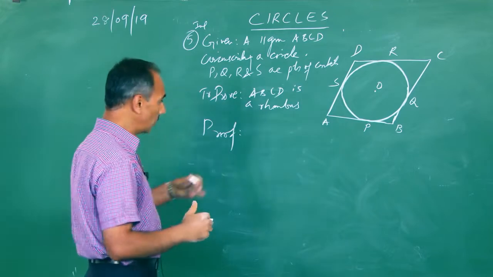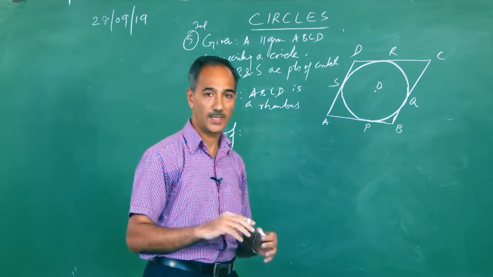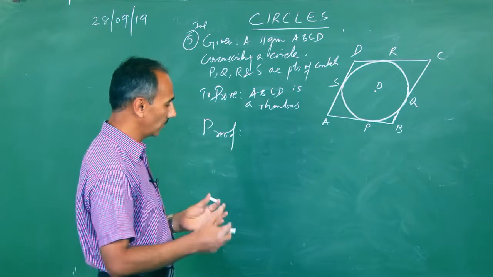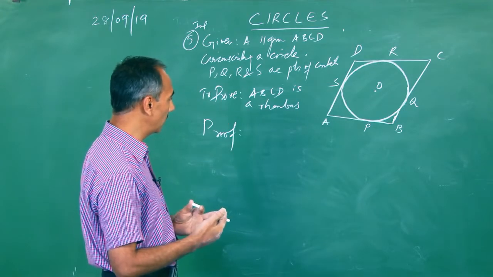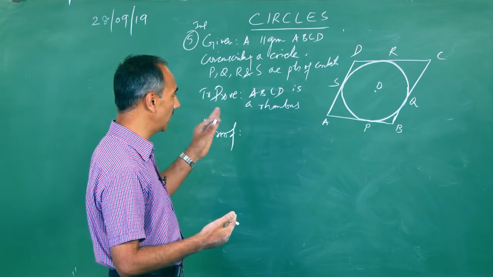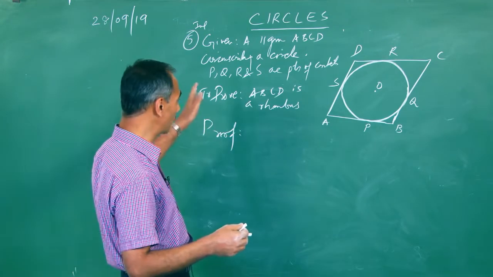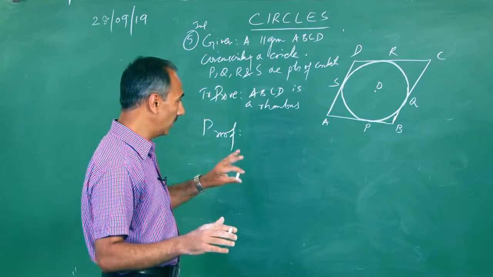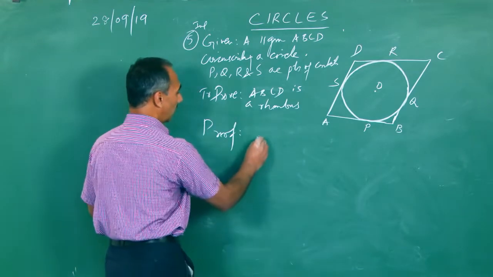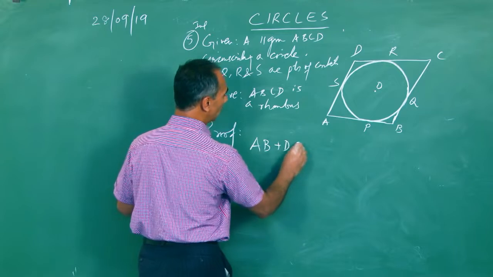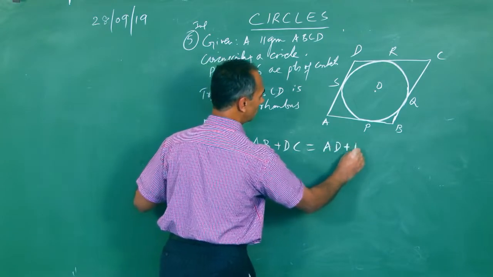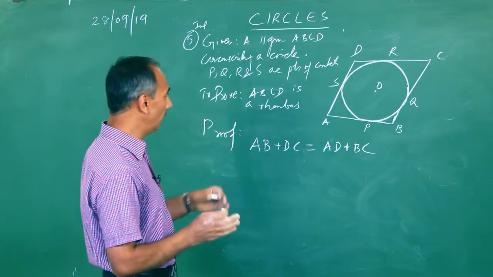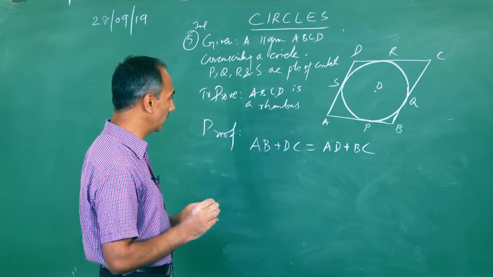Now what we did in the previous question, I won't repeat that, we'll make a shortcut. In the previous sum, ABCD was a quadrilateral, so by applying the tangent segment theorem, you proved that AB plus DC is AD plus BC. If this question is asked in the examination, use the same logic as we did here. I won't waste time here. I will simply state that, as we proved in the previous sum, AB plus DC is equal to AD plus BC. So do prove that, as we did in the previous question. Now,